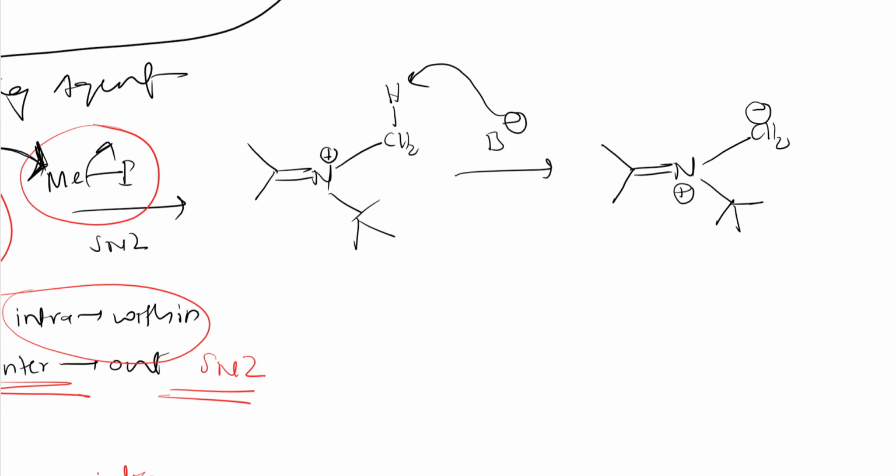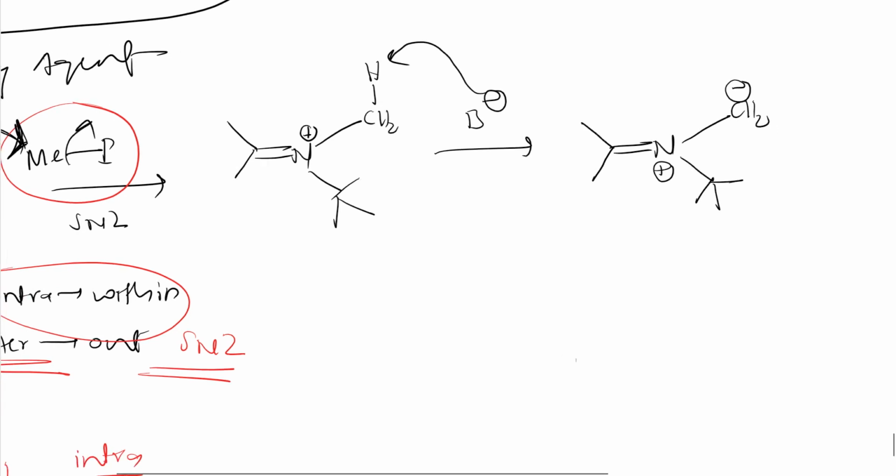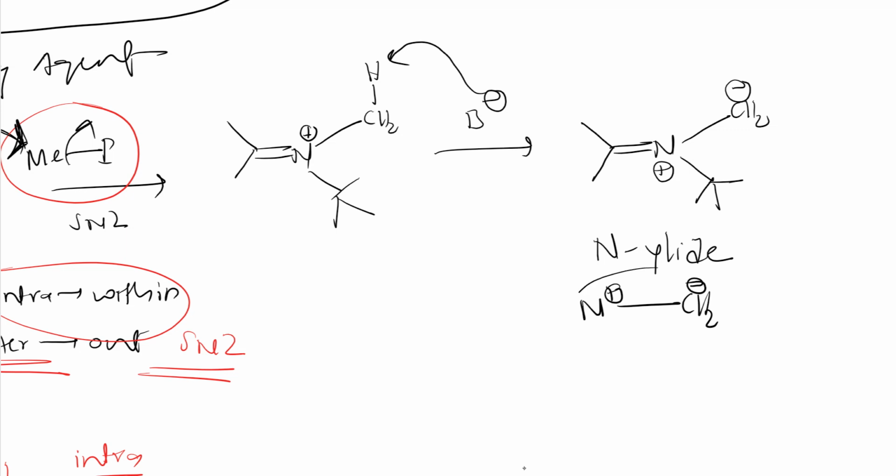What are these? These are called nitrogen ylides, right? So what are ylides? A heteroatom will be having a positive charge, and the adjacent carbon will be having a negative charge. Those are nothing but ylides. So what happens here? This electron density goes to this carbon. Since nitrogen is having a positive charge, which is unstable because an electronegative atom can't have a positive charge, it takes this electron density, and I will get this product.